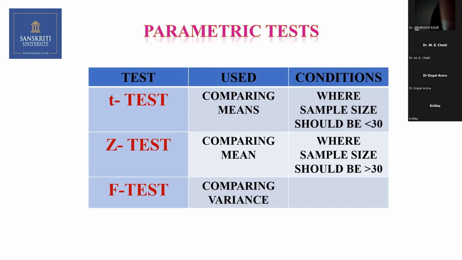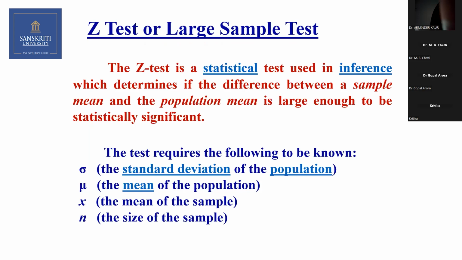So you might have seen in so many articles, even if the sample size is more than 30, 40, 50 and all, they write it as T. They don't write it as Z. T approaches Z when the sample size is 30 and above. Okay, ma'am. Any other question? Okay, then the Z test or the large sample test.